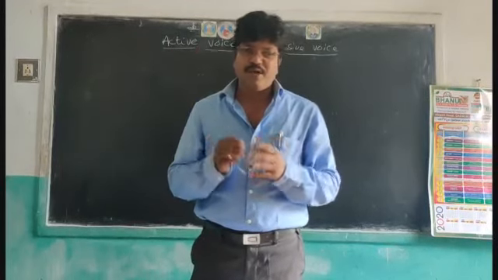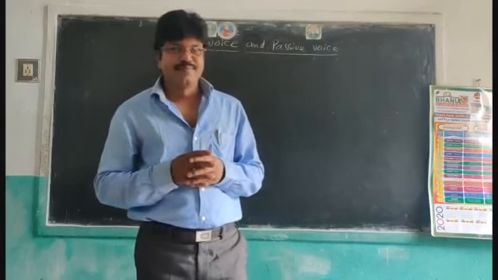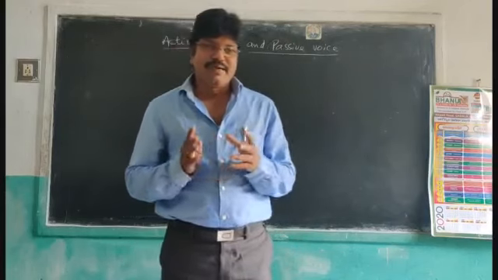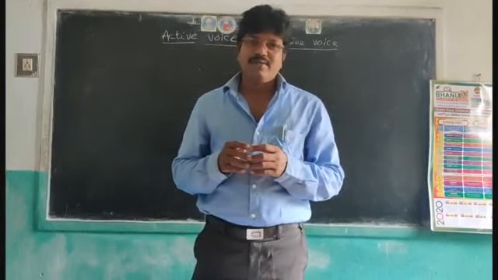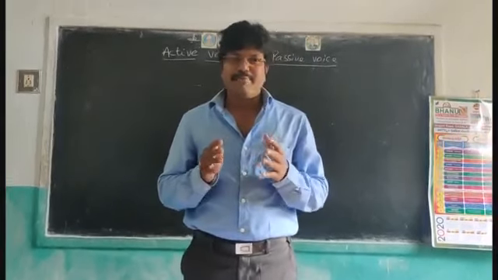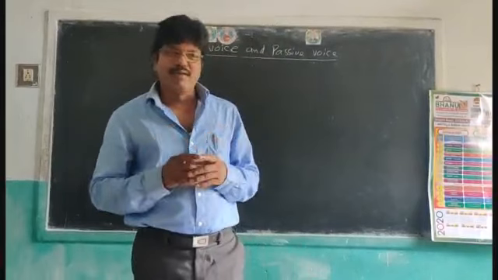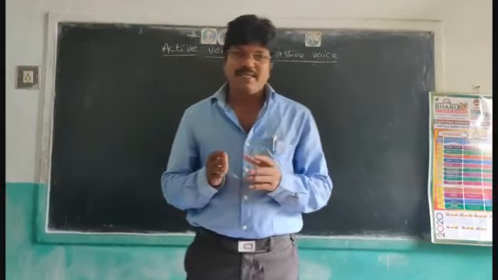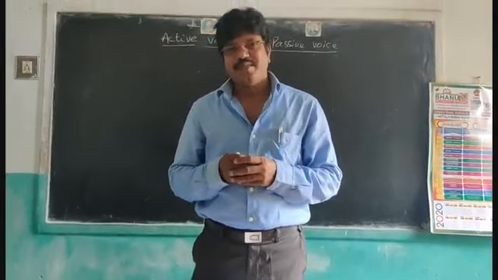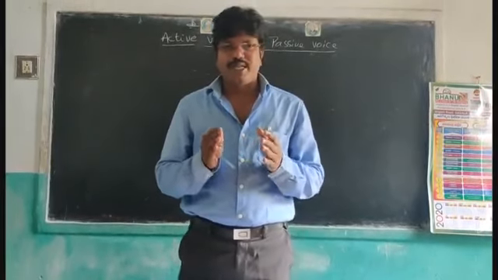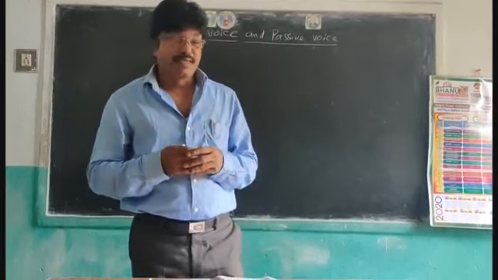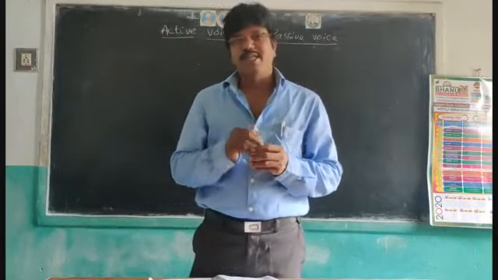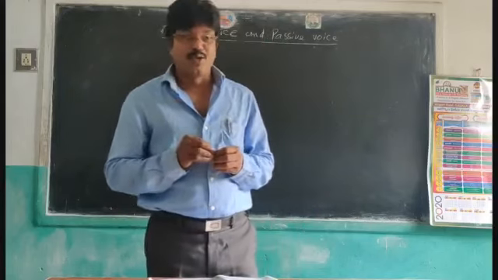Of course, if you want to play cricket, what do you have? Compulsory, you must have a cricket bat, cricket ball, wickets and some players. Like that, if you want to change an active voice sentence to passive voice, compulsory you must know some rules and regulations, and also you must know